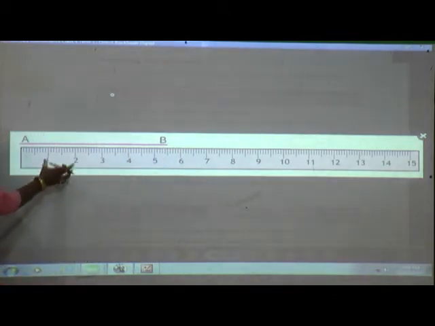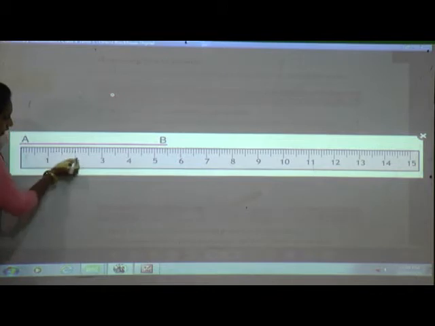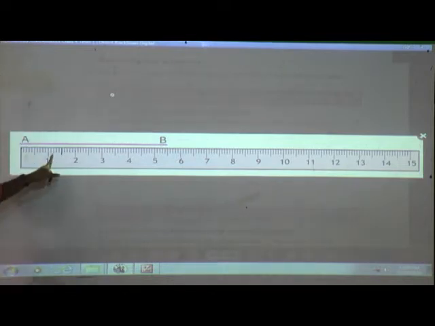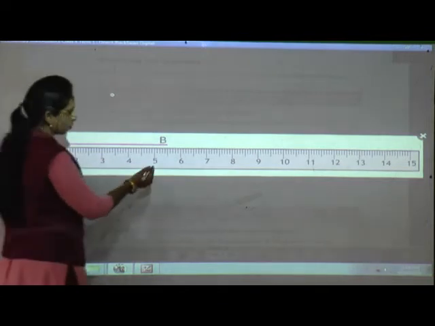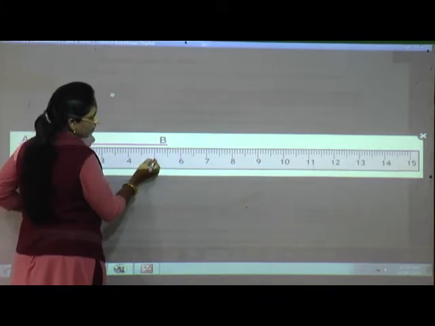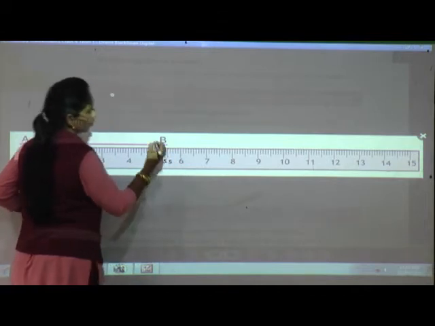Can you see here? Between 1 and 2 how many lines are there? 1, 2, 3, 4, 5, 6, 7, 8, 9, 10. Can you observe here? In the middle of 1 and 2, one more slightly bigger line is there. So this middle line is what? The fifth one, meaning 1, 2, 3, 4, 5. So here what will be there? 1.5. And the next 2. So here you can observe the line segment ends at this point. So here what will be there? After 5, 5.1, 5.2, 5.3, 5.4 and 5.5.